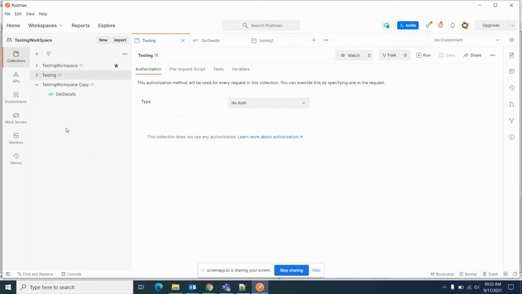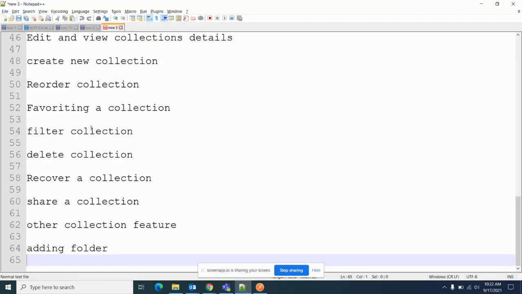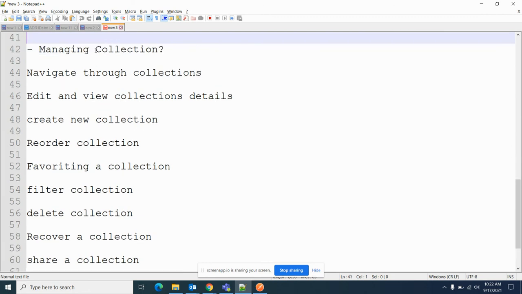See, now I removed one star. Testing workspace is sitting at the top. Correct. Like that you can do it for favorite also, and create workspace I already showed, reordering collection also I showed, and edit we can see,